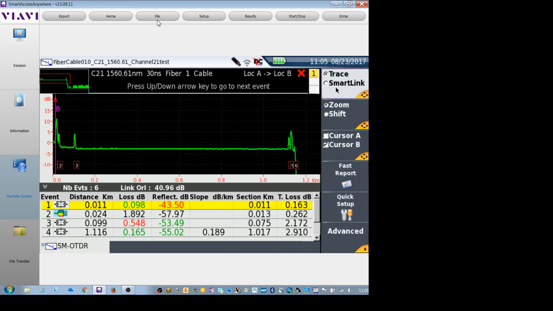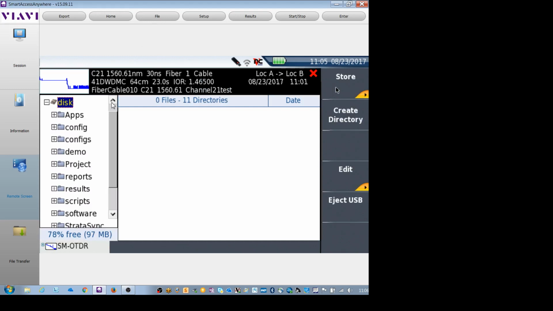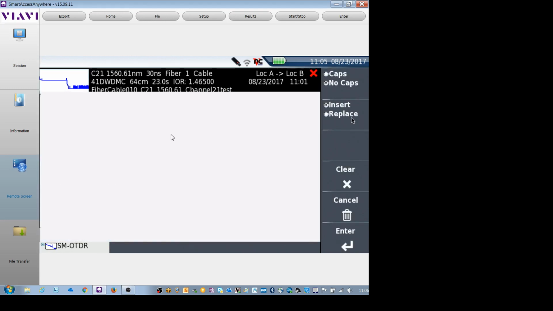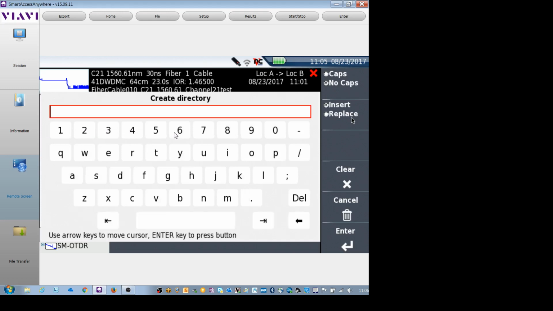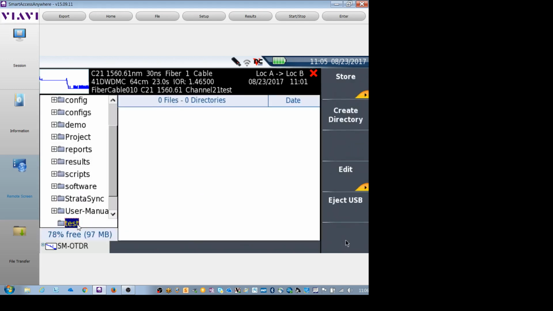Before I start a test, I'm going to go ahead and create a directory to put those results in. So I hit File, Create Directory, type in or select what your directory is, hit enter. I leave it highlighted, so that's where all my data is going to go. Then I come back to the home screen,